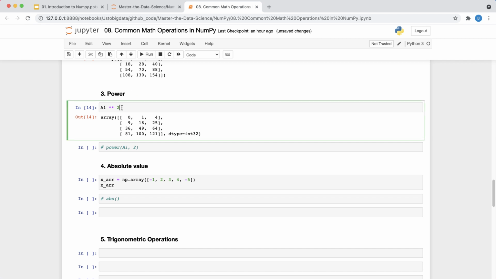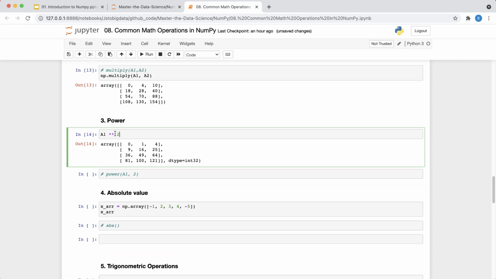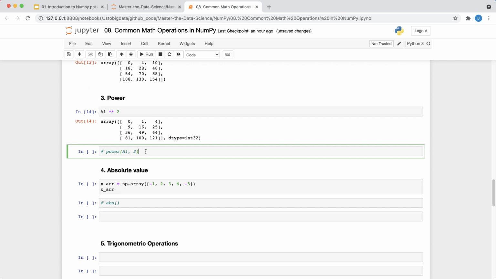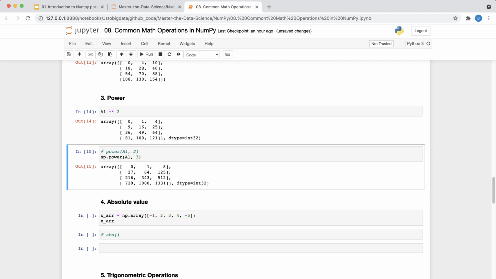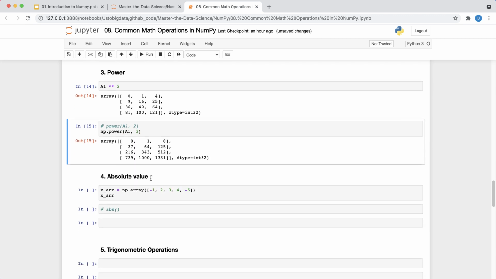This is square, right? Every element is multiplied by itself. And if you want to use numpy method, that also you can do. np.power is available, and you can just say a1 and 2. Okay, if you want to calculate cube, you can also do that. So that will calculate the cube of every element.